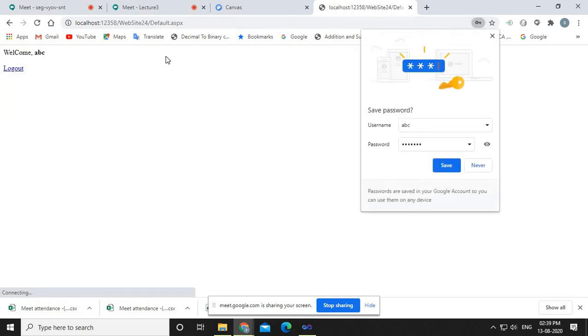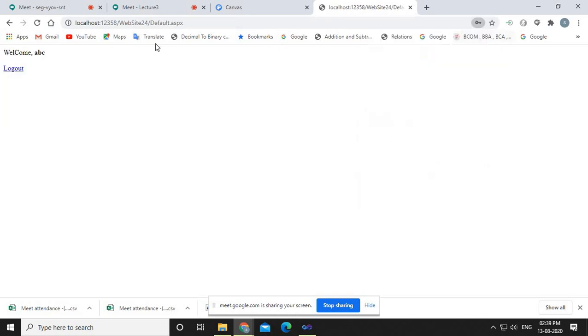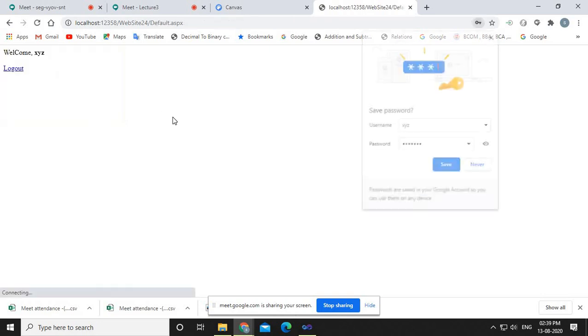Now you can log in as either of the two users, ABC, right? Here you have logged in as the ABC user. You log out, and again you can log in as XYZ. So you can use any username, because there are two users in our website.